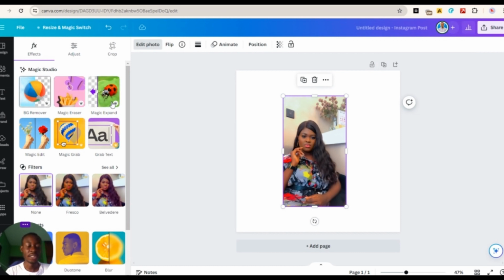There are also other features available on Canva, like background remover, magic eraser, grab text, magic grab, and magic edit. But today I'm only focusing on magic expand for us to fix the missing parts on this image. So click on magic expand,